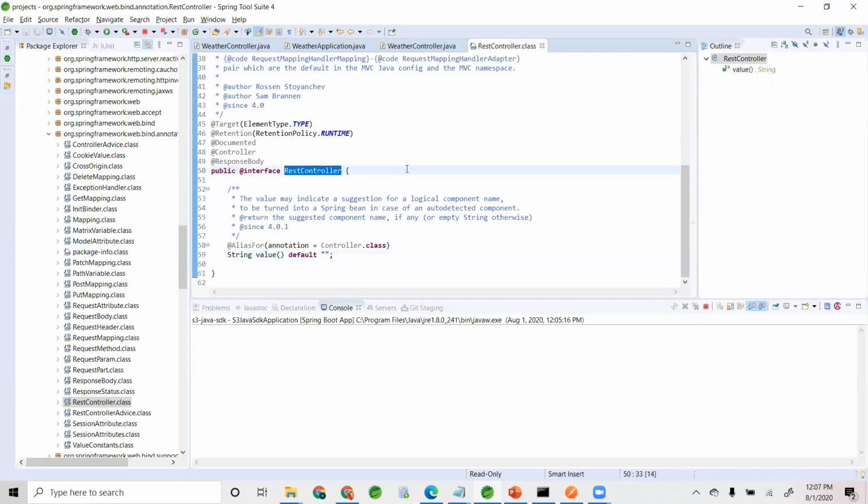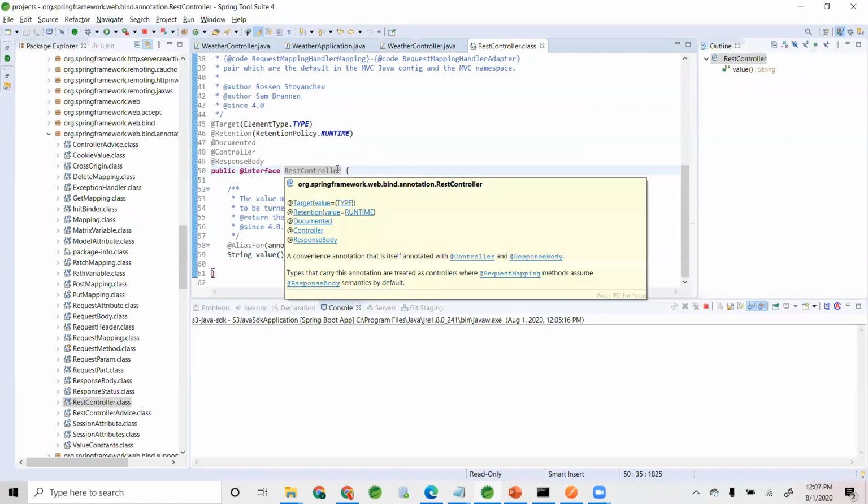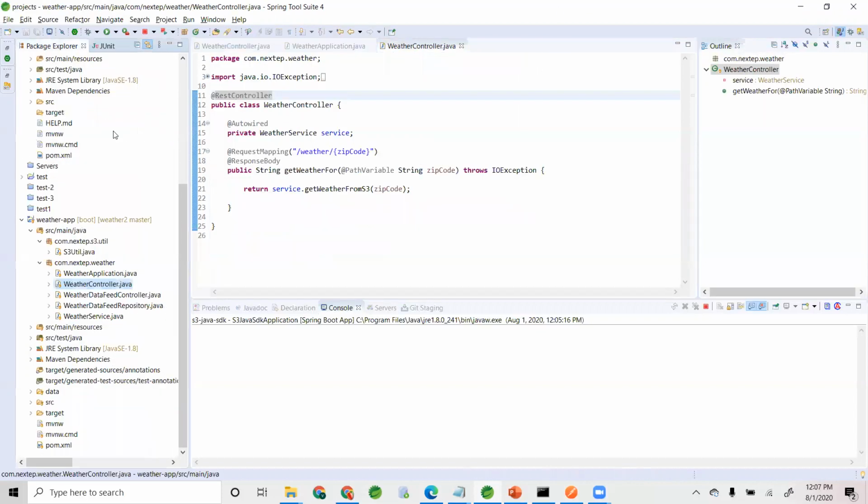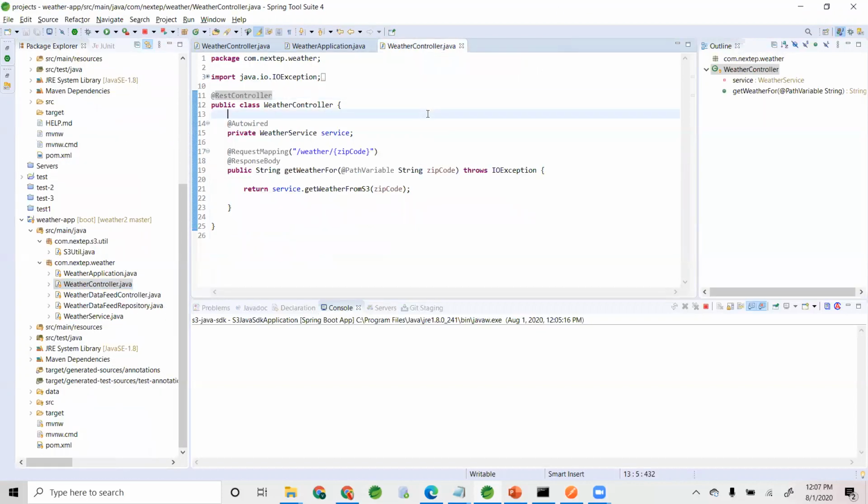I was thinking that path name is what you will give as a value for your REST controller, but it's actually a logical component name. Anyways, nothing to do with AWS, guys, but just curious.